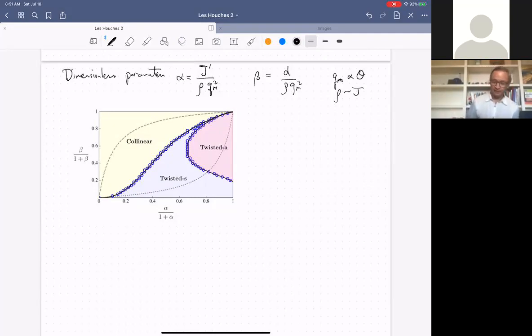So let's consider various limits to understand this diagram. First, let's suppose beta, which is equal to D, is equal to 0. So we have no anisotropy. This is the Heisenberg limit, and we consider large alpha. This means J prime is much bigger than rho q Moire squared. In this case, we can neglect the gradient terms and approximate our Hamiltonian